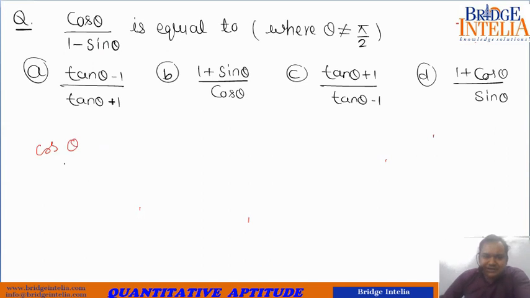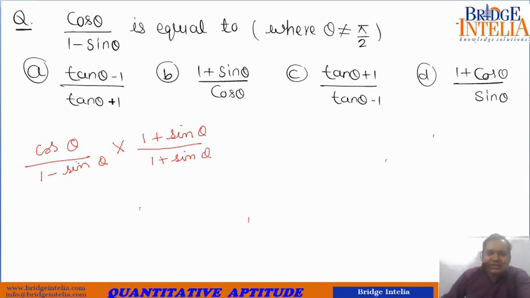So cos theta divided by 1 minus sin theta. I rationalize it immediately. How do I do that? By multiplying it by 1 plus sin theta, both numerator and denominator. So now let's see what it has done to the original expression. The actual benefit of rationalizing is that the denominator takes the form (a minus b) into (a plus b), which can then be written as a square minus b square.